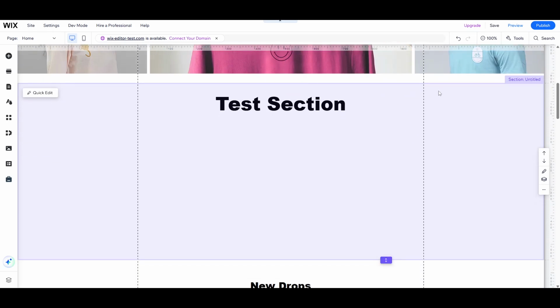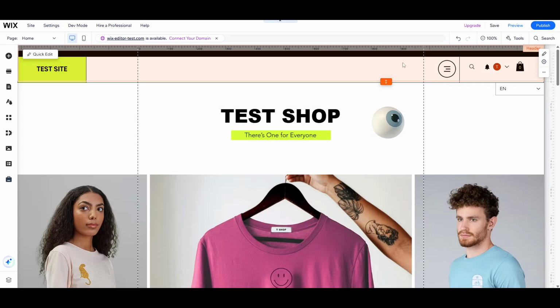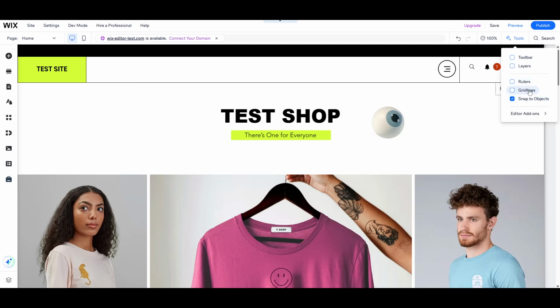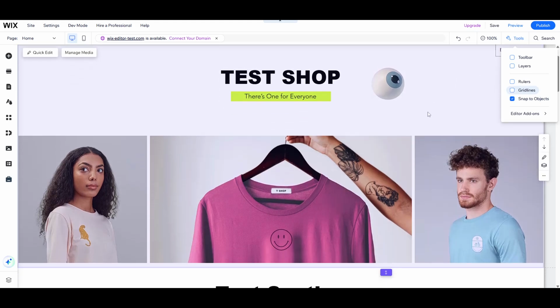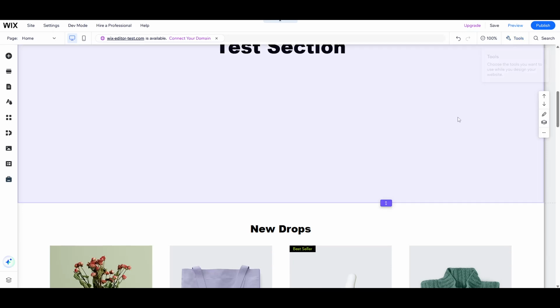First, we'll start by hiding those unneeded default grid lines. To do this, direct your attention to the top right corner of the editor screen where you'll find the Tools option. Click on Tools, which will trigger a drop-down menu. Here, you'll see an option labelled Gridlines. By simply unchecking this box, those default grid lines will magically disappear from view, making your canvas a bit of